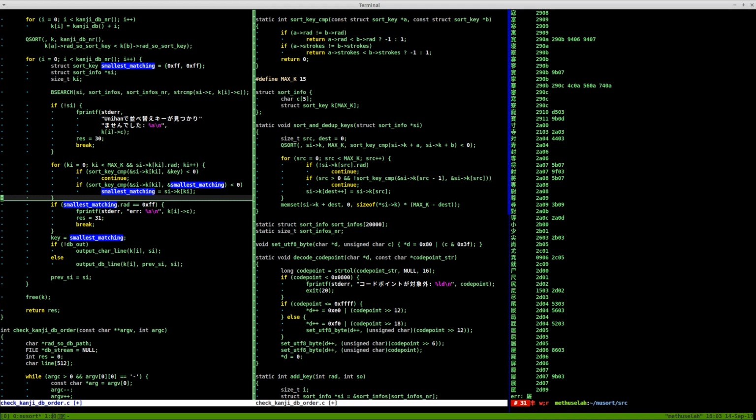So we have smallest matching. So we're looking at sort key CMP. The purpose of this is we stop when the radical is equal to 0, because that means we've hit an empty key slot in the sort infos array, because it's just a fixed array, and so we have like 5 or 10 slots or whatever. So we stop where the radical is 0, but we continue on if it's not, and we compare it to the current key,